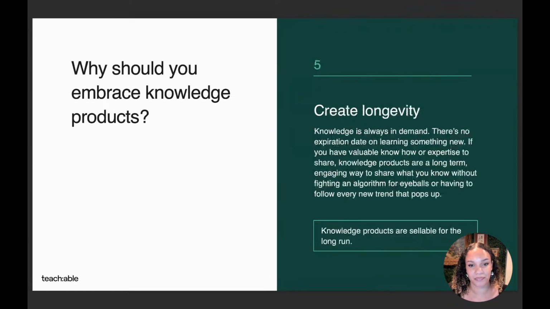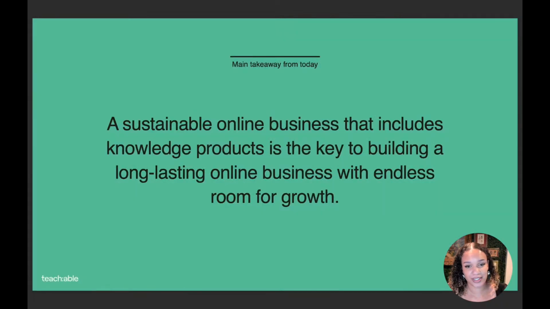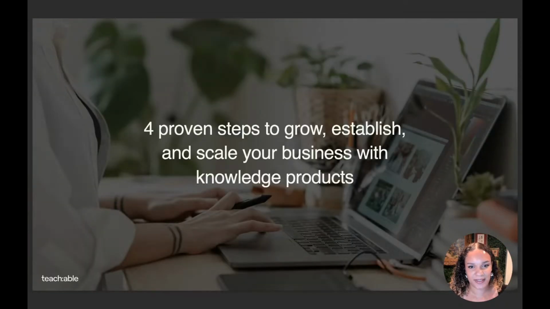new content. And lastly, you can use knowledge products to create longevity. They're a long-term and engaging way to share what you know without having to fight that algorithm or follow and learn every new trend. In short, a sustainable online business that includes knowledge products is the key to building a long-lasting online business with endless room for growth. Okay, so let's dive into the 4 proven steps to grow, establish, and scale your business